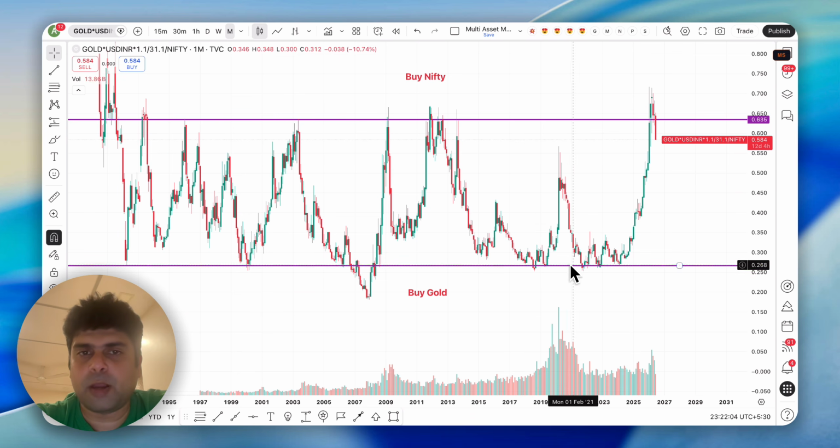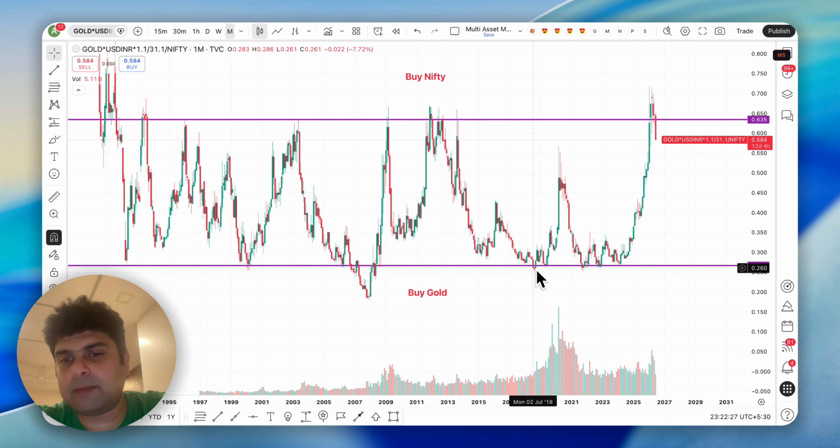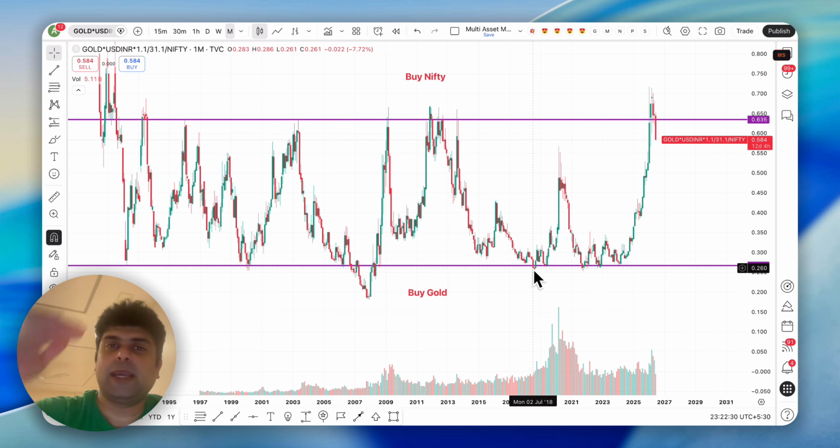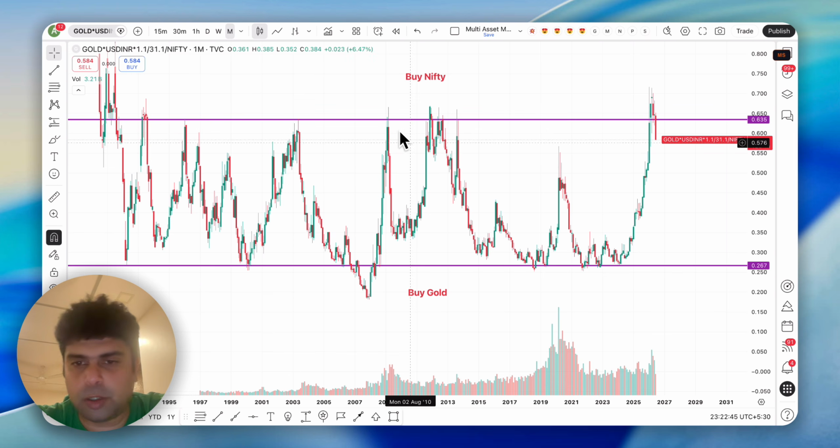So if you see over here, what's happening is this point, right? The first time it hit this side is 2nd Feb 2009. Now 2nd Feb 2009 is after the meltdown in 2008, right? And it was time to get into Nifty. And how many years did it run to come to the other side? It came only in July 2018, which means this particular mega trend ran from 2009 till about July 2018.